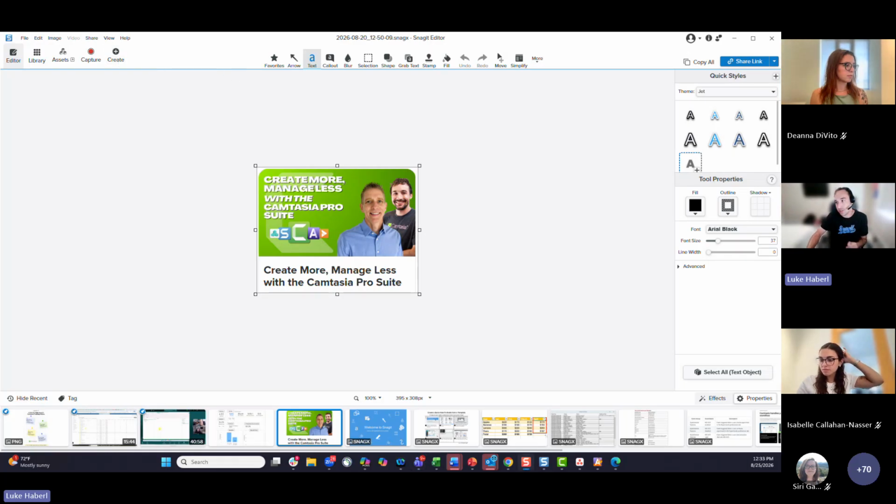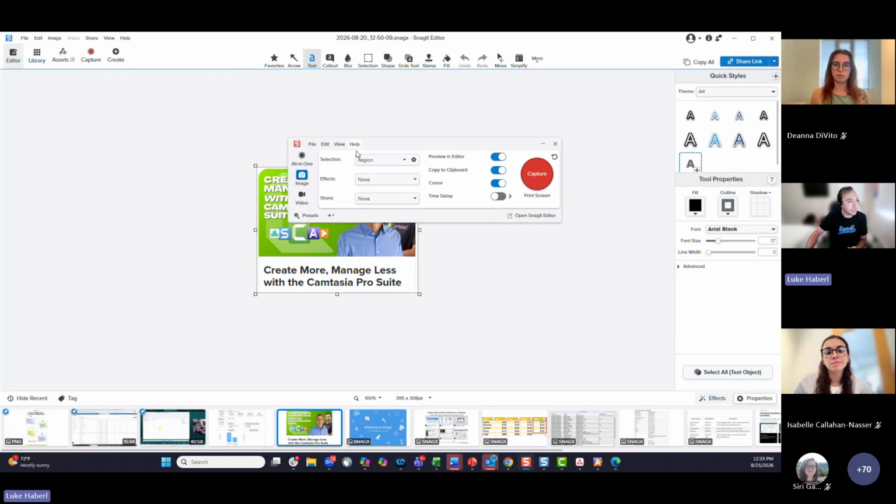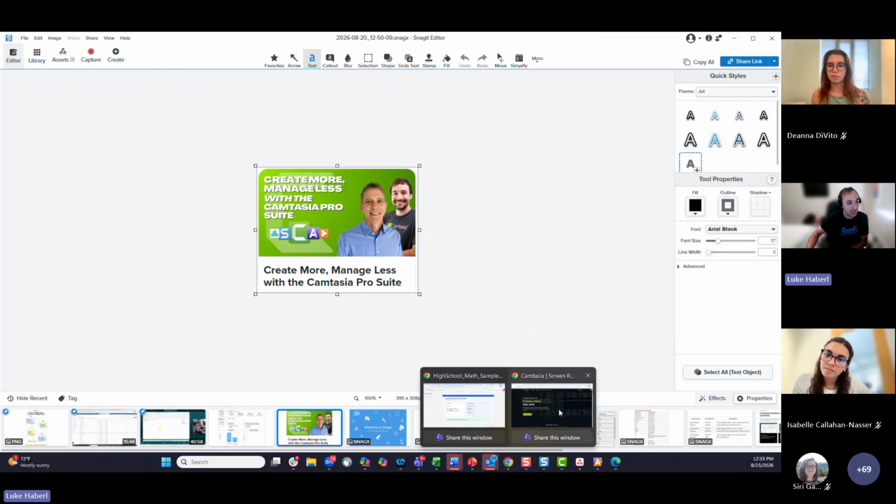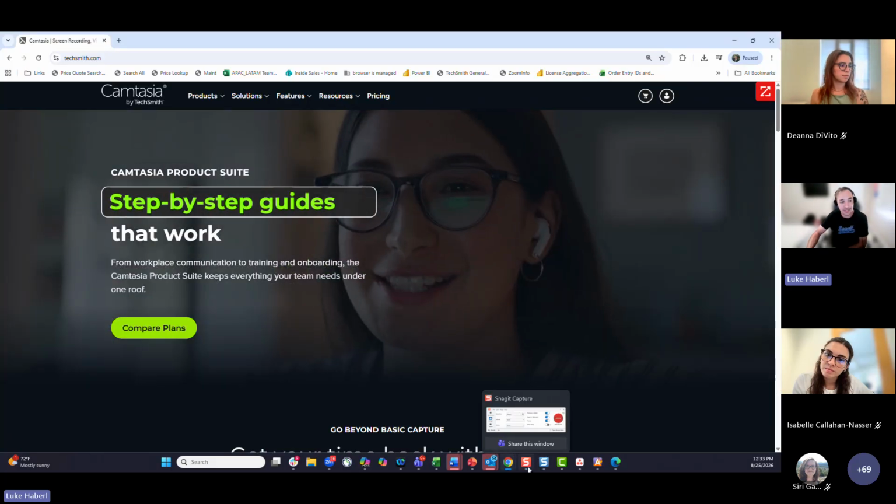If you look over here, we've got the Snagit recording. I could take a screen capture of an image. I could scroll and capture the whole web page. It'll identify the text that I capture, and I could edit that as well. I could do a screen recording, but I'm going to show one new feature of Snagit called step capture. So I'm actually just going to open up a browser here. This is TechSmith's website.